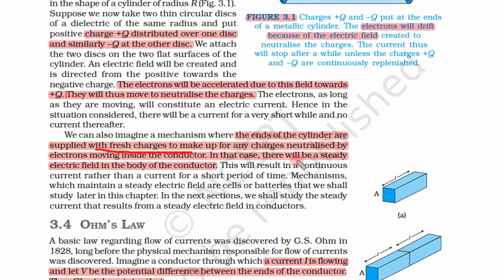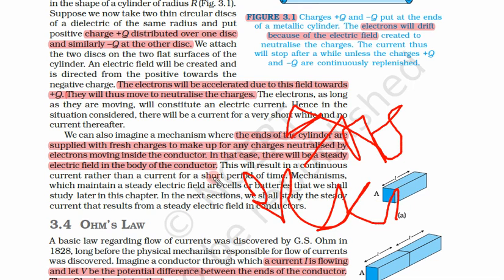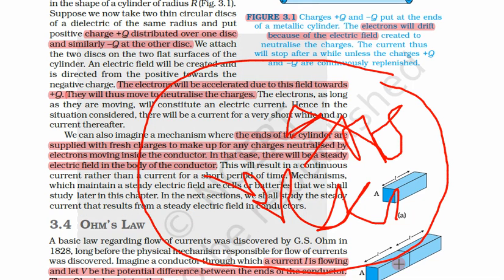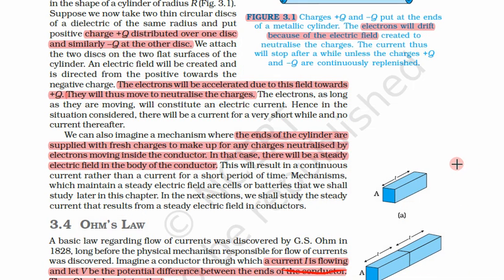So in that case there will be a steady electric field in the body of the conductor and there will be a steady current. Again this current will be a drift current because motion of electrons is still random, but there is an overall motion towards the positive terminal. Motion is still random and scattering motion, but overall motion is towards the left. Some motion towards the right side, but overall motion is towards the left. So this is called drift motion, or the velocity is drift velocity.